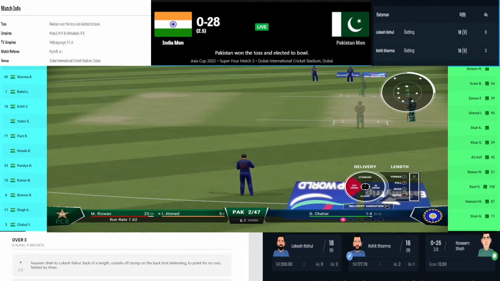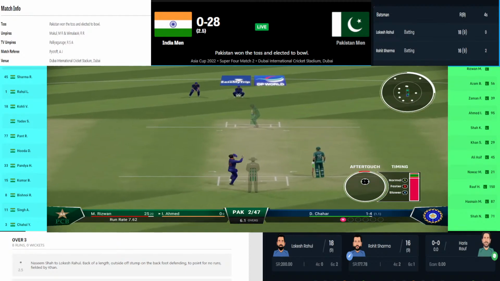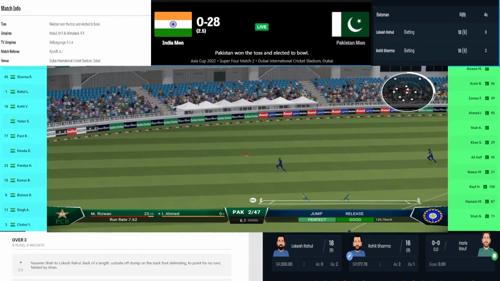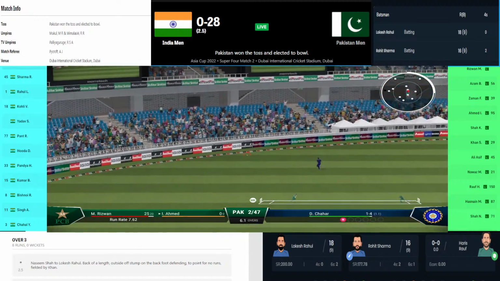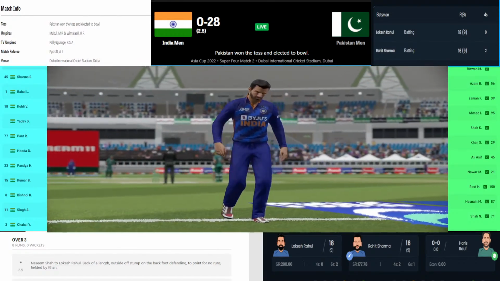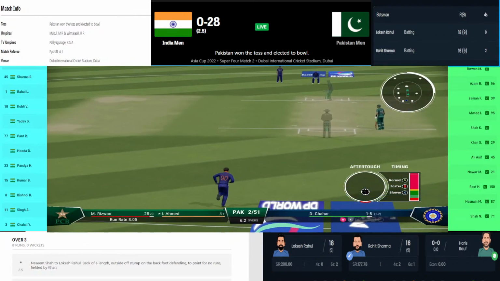What a shot that was. It's into the side screen for 6. It was a helicopter kind of shot. It was not a Yorker length delivery, but he managed to play a helicopter shot on that, KL Rahul. Wonderful shot into the side screen for 6. That's just an amazing piece of batting from both the Indian openers so far. They have started off pretty well, and they will just look to end it like that only.